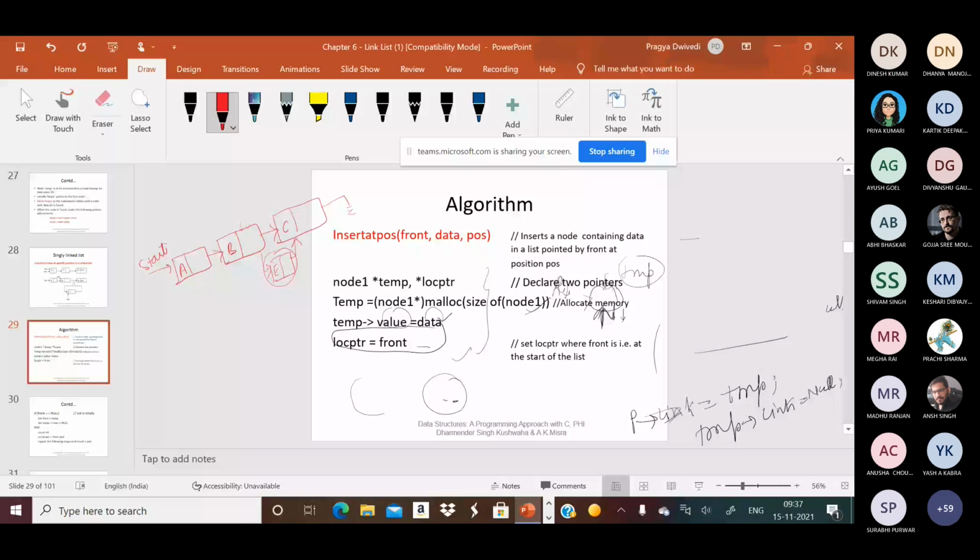Yes, we keep traversing till the B node. Basically, this case will be said as: after B node you want to insert, or maybe at the specific position. So firstly you traverse to that particular position. When you find that particular position, then you insert the element.